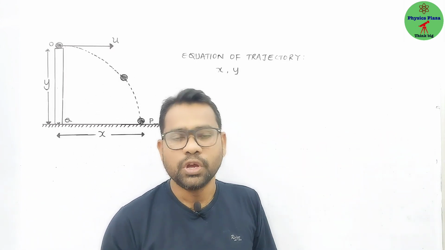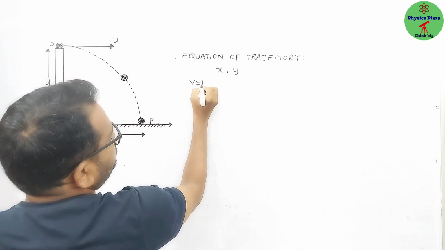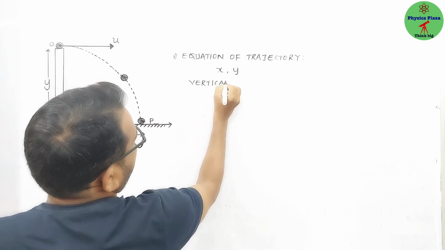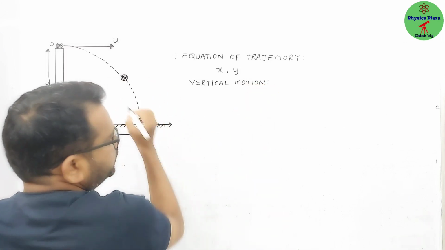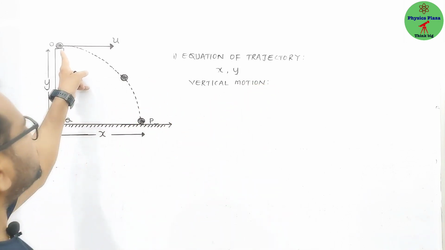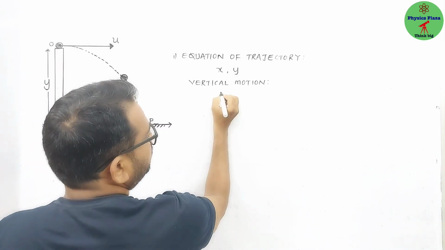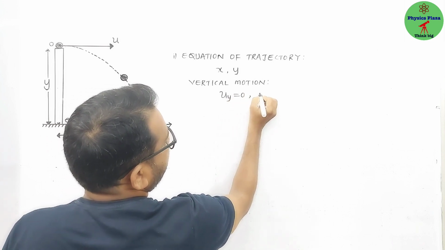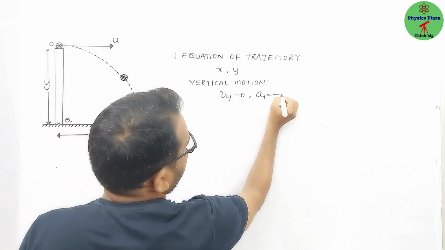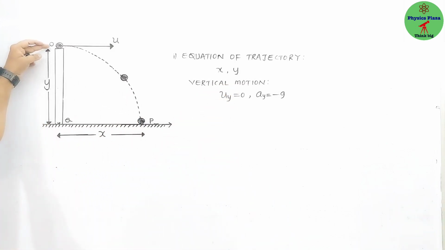horizontal and vertical distance, is what we call the equation of trajectory. For this, let us consider the vertical motion. Children, in the vertical direction, downward direction, of course initially it has some horizontal velocity, but the vertical velocity will be 0. So in the vertical direction the initial velocity will be 0, and acceleration will be g downward. Taking the downward direction from the reference point,